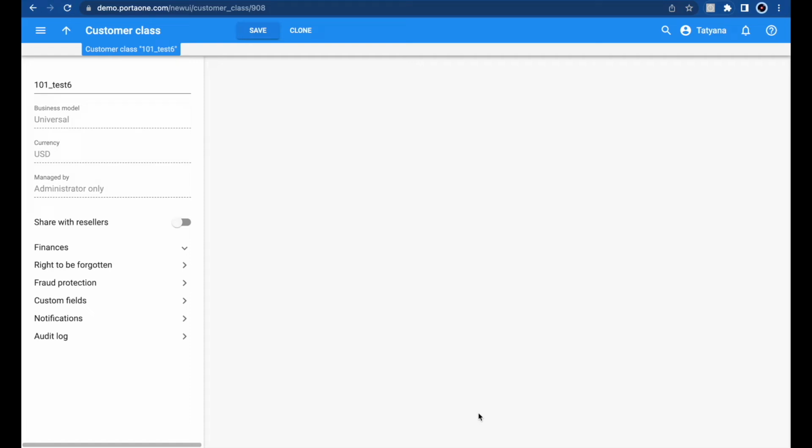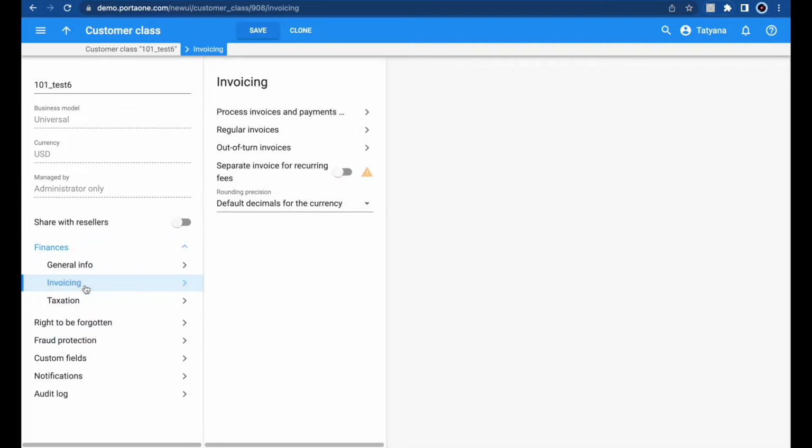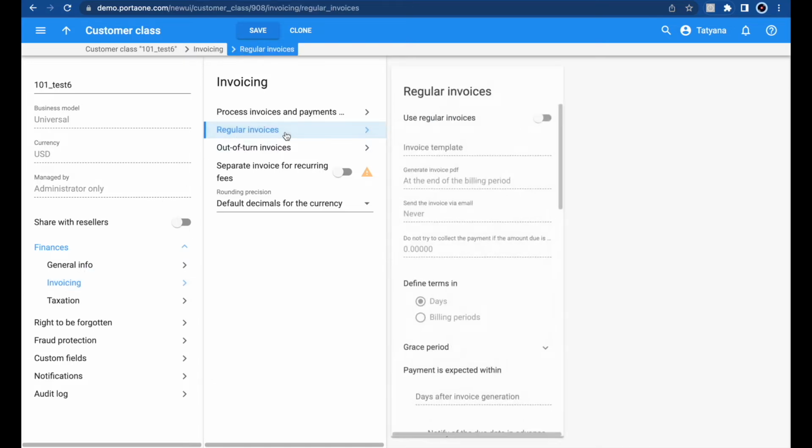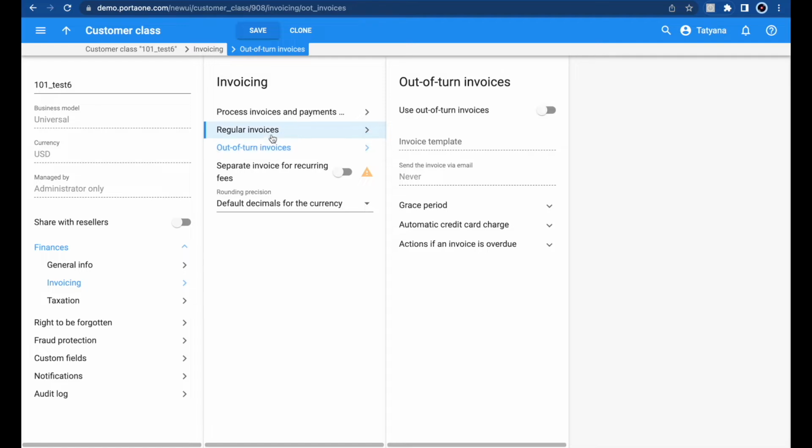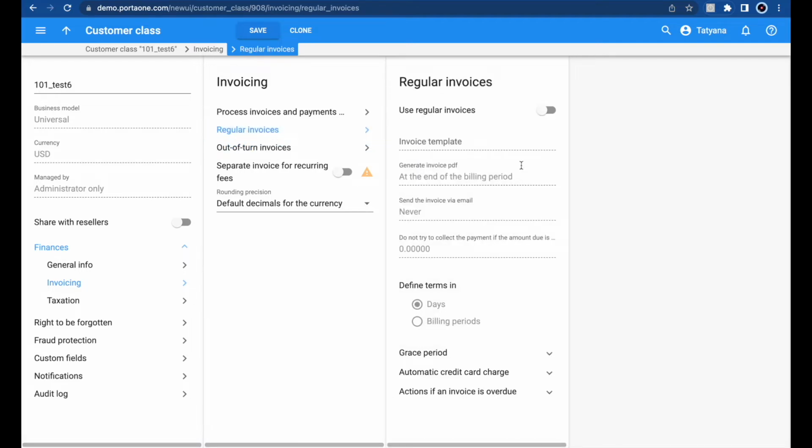Now let's jump into the practical part. We are finally ready to configure our invoicing on the customer class. This is a new customer class. So first of all, we go to Finances, Invoicing, and Activate Invoicing. By default, the toggle is deactivated. To use regular invoices, to use out of turn invoices, the first thing we have to do is to activate